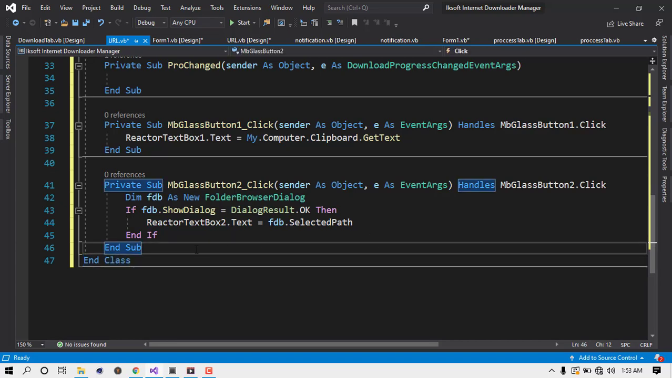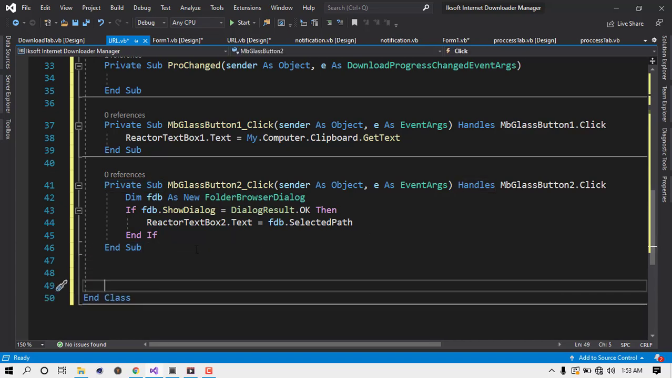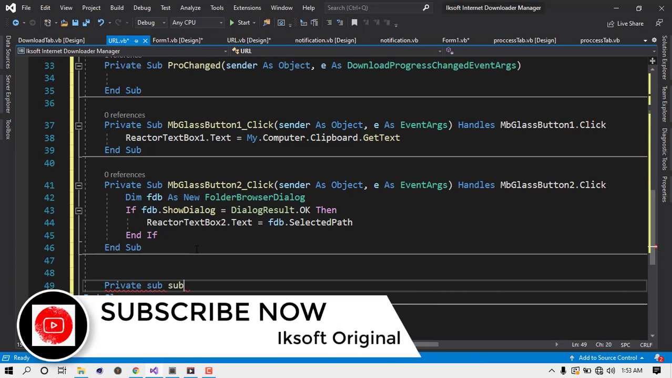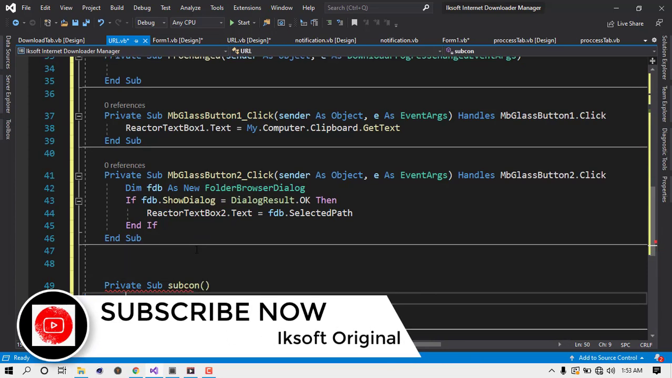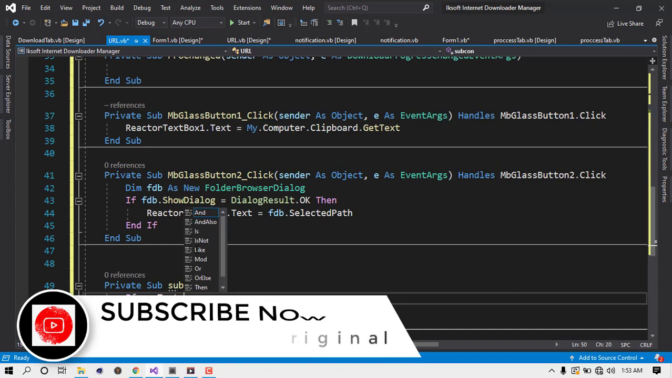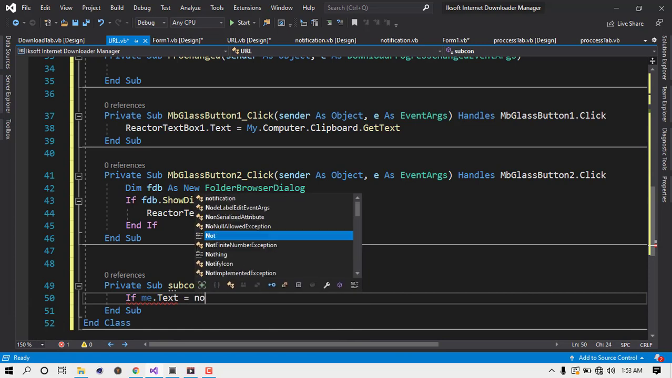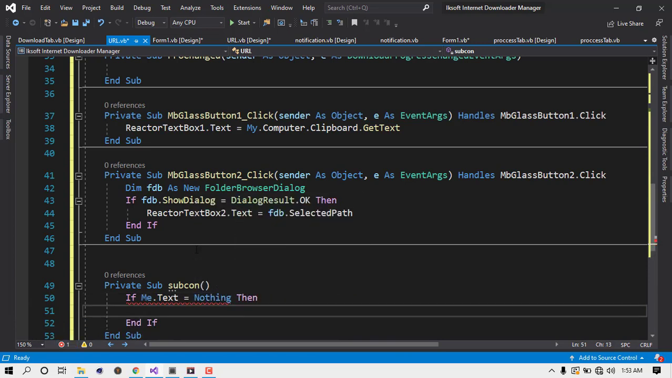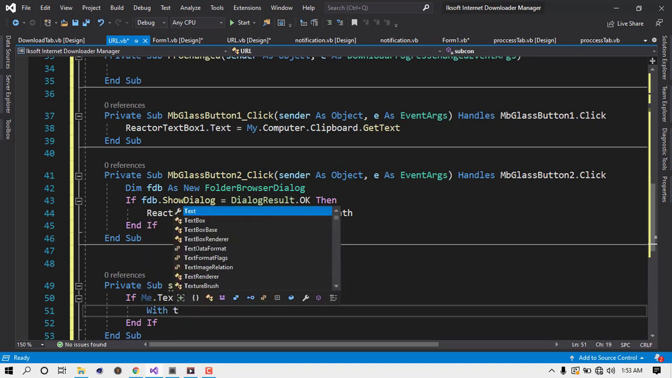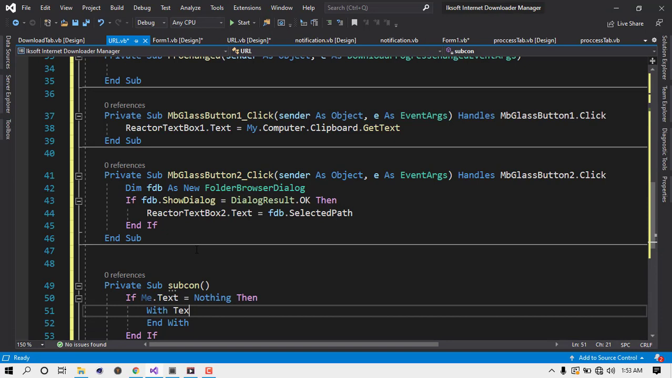Now let's declare, you see that we added some subcon. So let's declare a subcon as a private sub, right? So let's say private sub subcon, right? And what this is going to do is, if me.text equals nothing, then t.text, so let's use with t, then we will say that